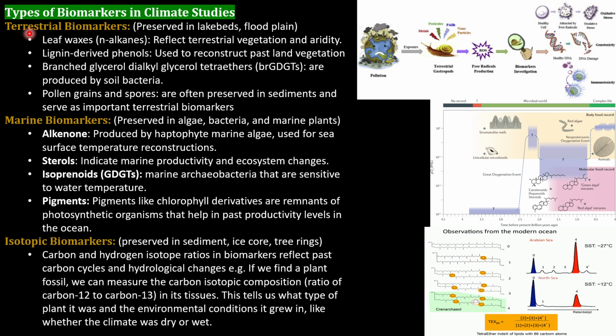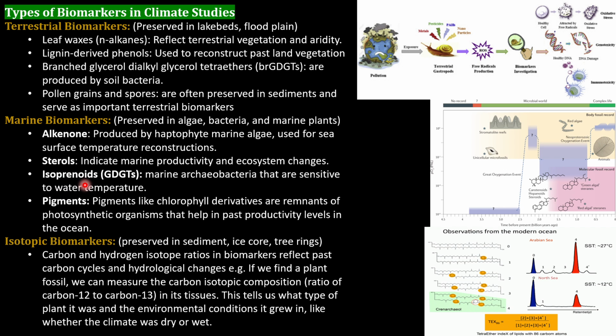Marine biomarkers are mostly preserved in algae, bacteria, and marine plants. The terrestrial biomarker is mostly present in lake beds and floodplains of the fluvial system, while the marine biomarker is mostly preserved in algae, bacteria, and marine plants. Alkenones, from marine algae mostly present in the ocean, give the sea surface temperature reconstruction. Sterol or isoprenoid GDGT: this is the branched GDGT from soil bacteria, and